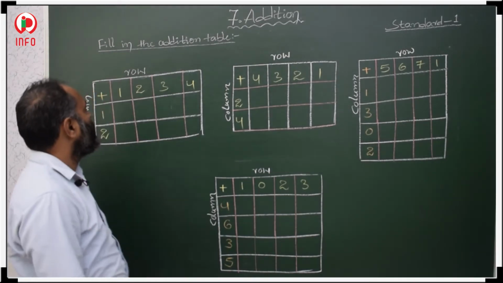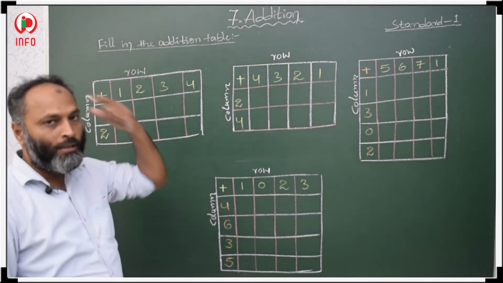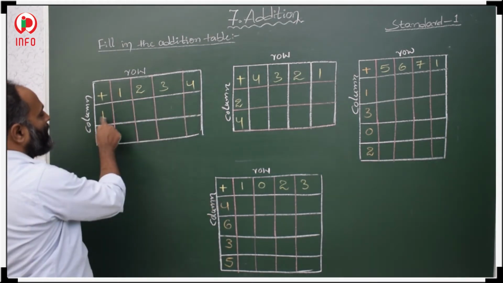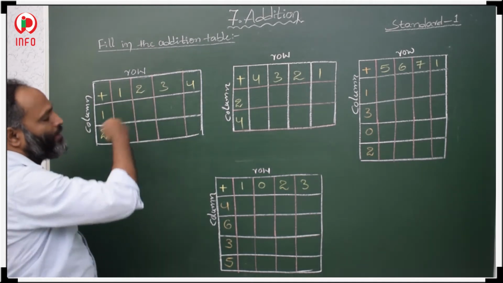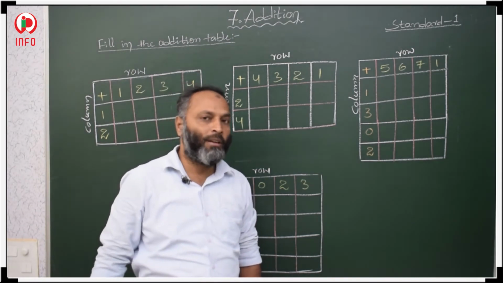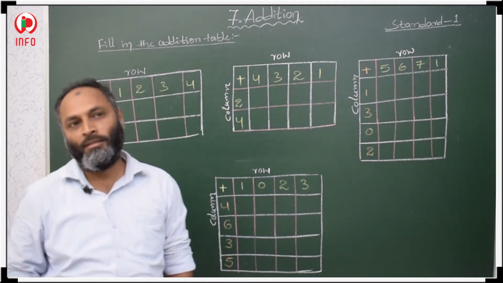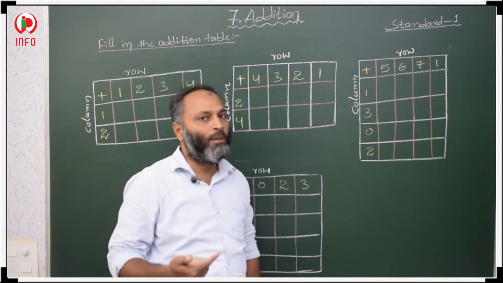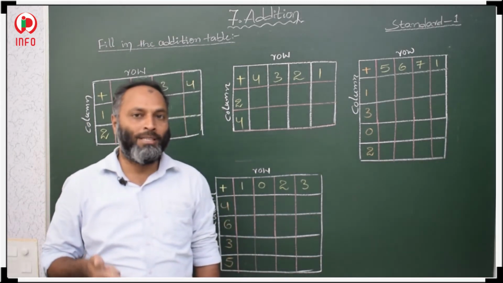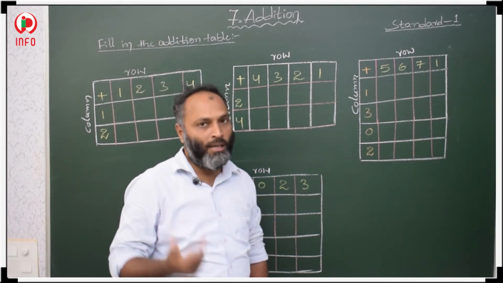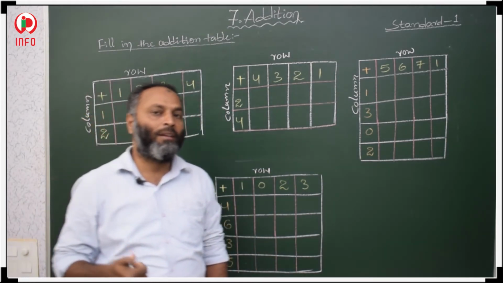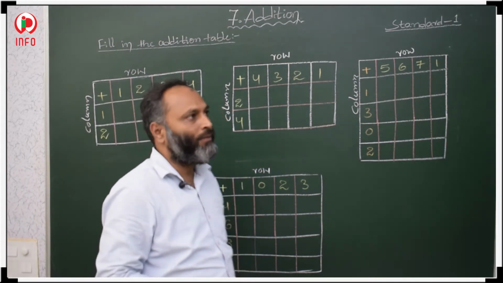Now students, see here, fill in the addition table. See here how to add. This complete row we have to add with 1. Whenever a number is added with 1, the very next number will come. If 5 is added to 1, what number will come? The very next number, that is 6. If we add 1 to 10, which number will come? 11 will come. If 99 is there and 1 is added, what will we get? We will get 100. The same way.